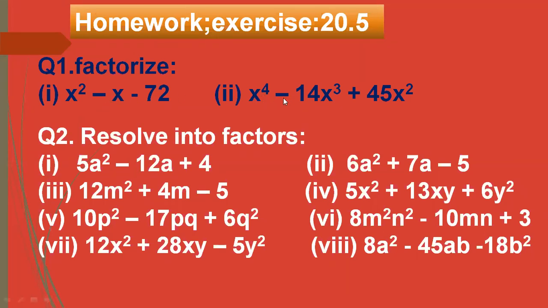And here in number 2, what will you do? It is plus 45. That means we have to get this 14 by adding, isn't it? How will you get this 14, tell? 9 5s are 45. 9 plus 5, you will add to get 14. In 14 you will add 9 plus 5.